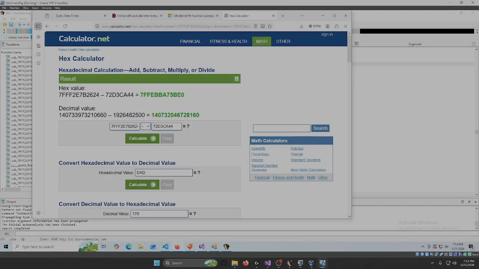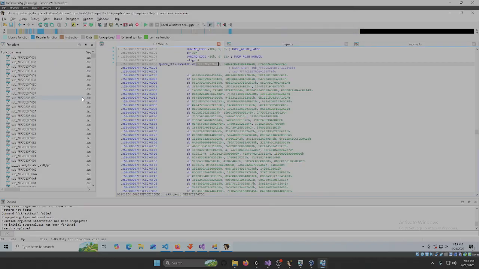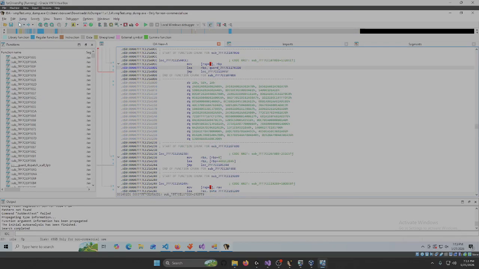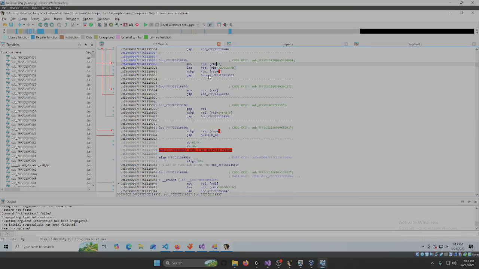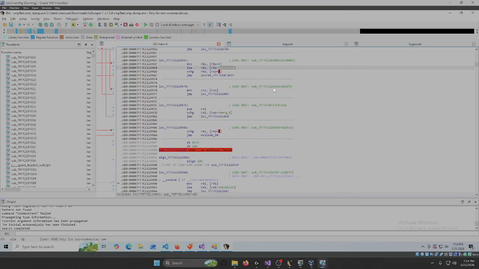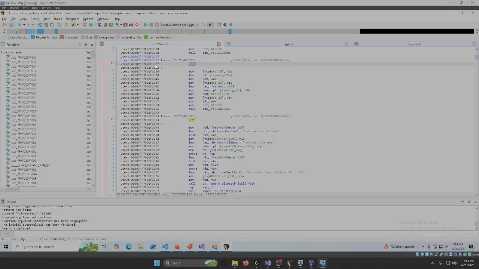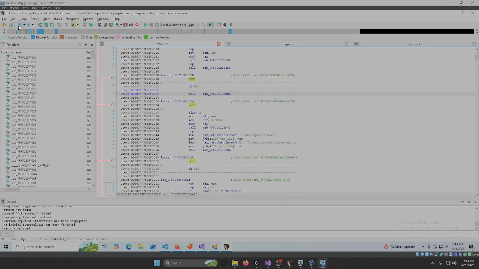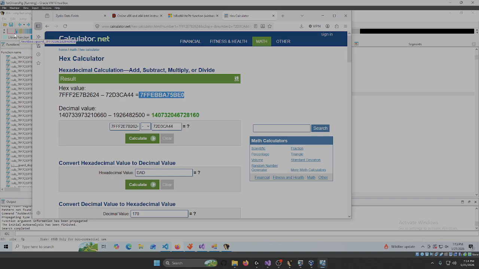Now, if you go further into the stub, it takes that value and subtracts it by this, which I've already done the math for. And then it exchanges it with RBP and, pretty sure, just returns. Yeah, returns. Okay. Now, after you decrypt this, quote unquote decrypt, I guess I should say deobfuscate,